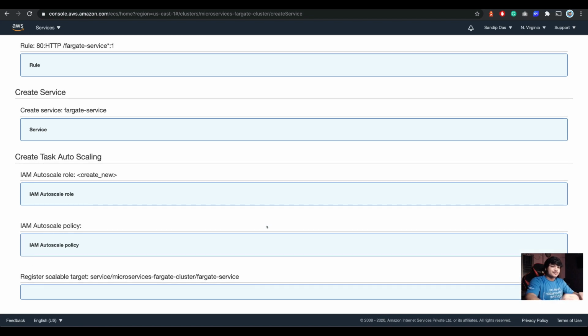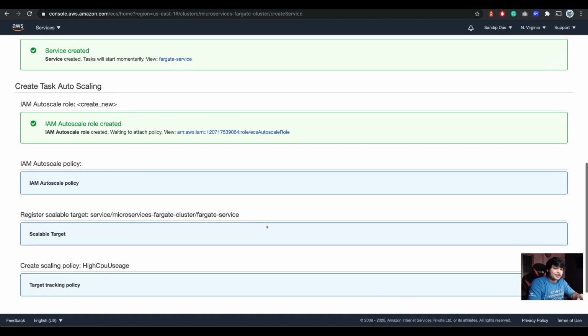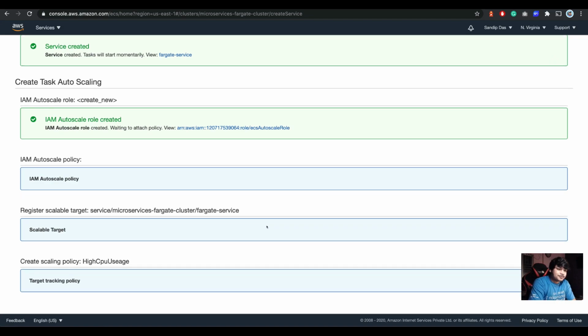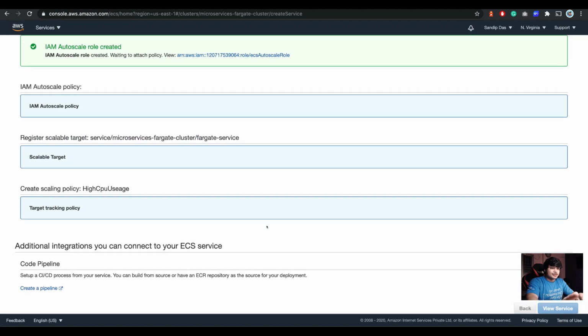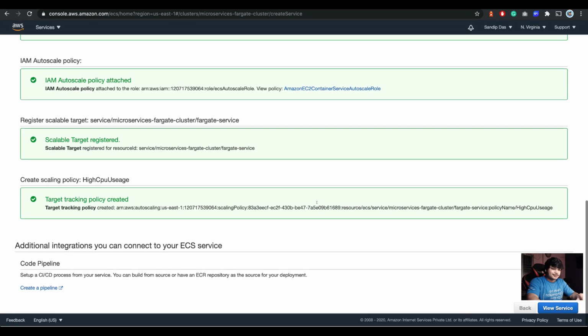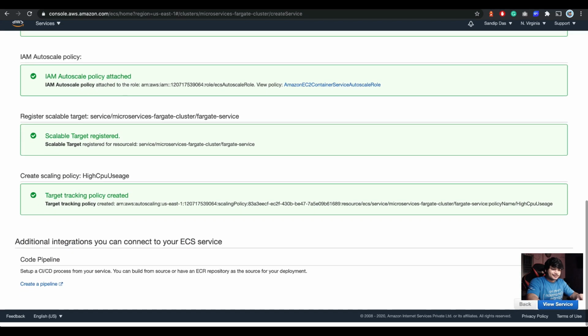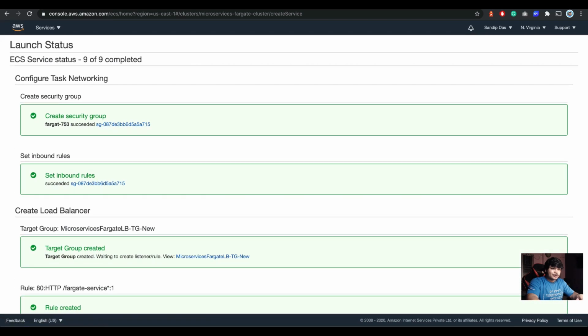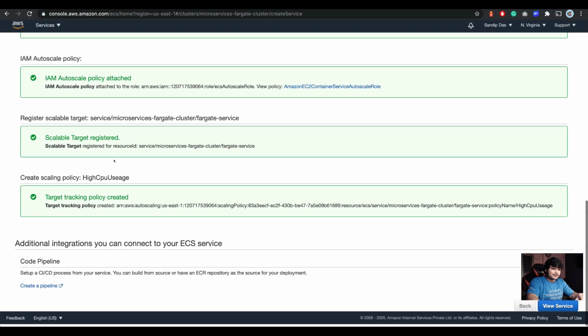Create a service. It will take some time. The resources will get created, and after you're done, you can view the service. And I think we are good to go. Okay, so ECS service status 9 of 9 is completed.